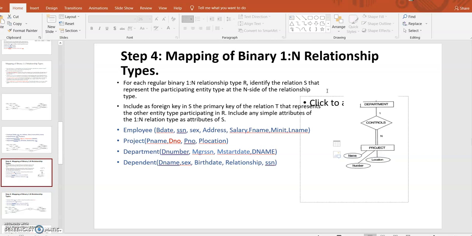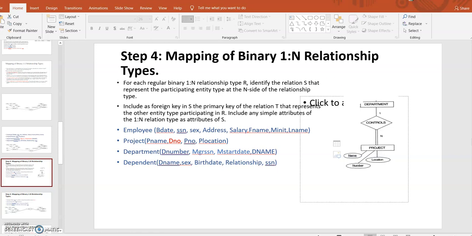So in this case, we can put the primary key of one side into the entity on the many side. That is, project is having many side and department having one side. So we can put the department number into project.